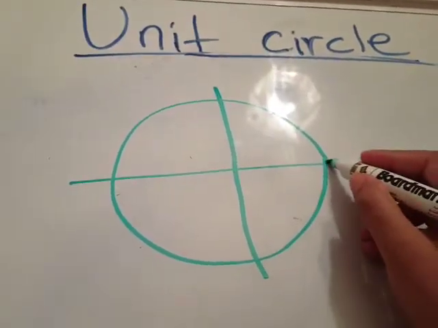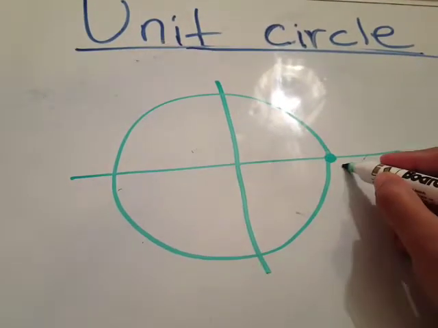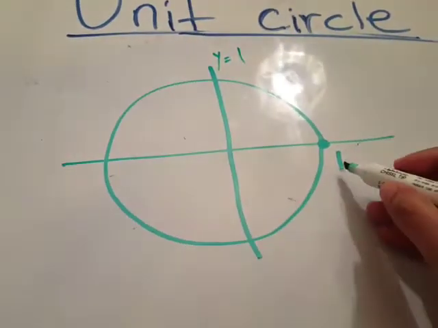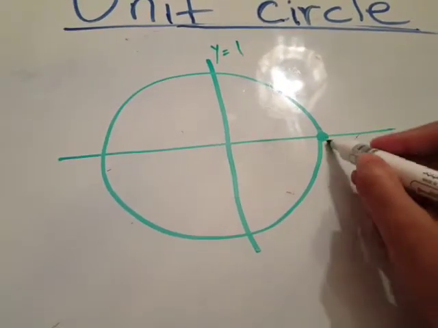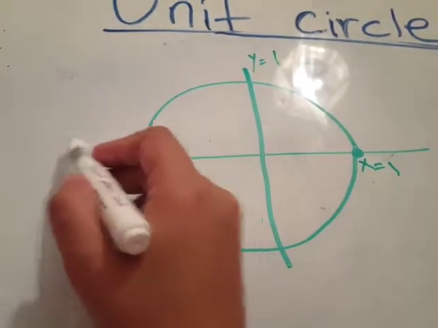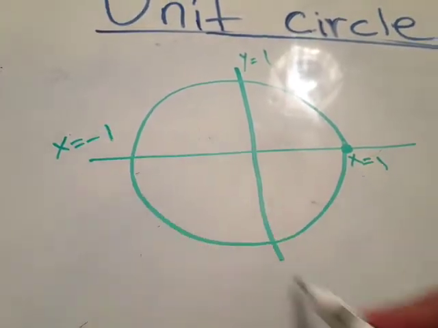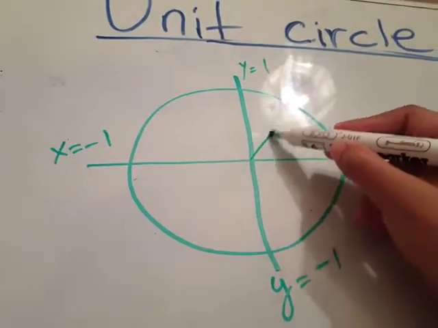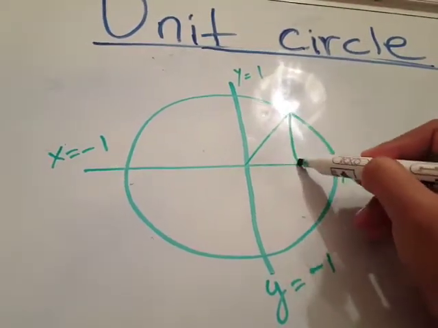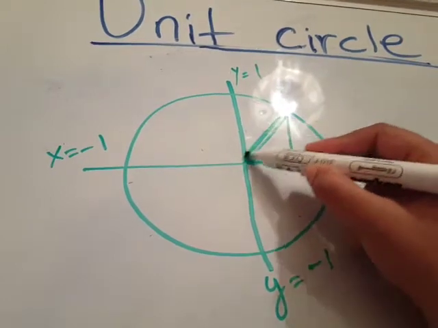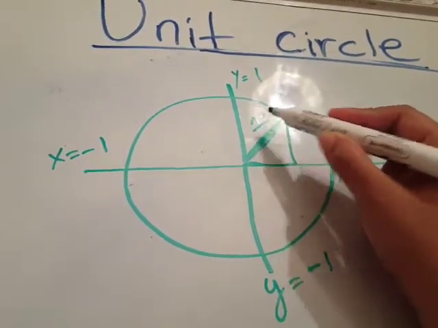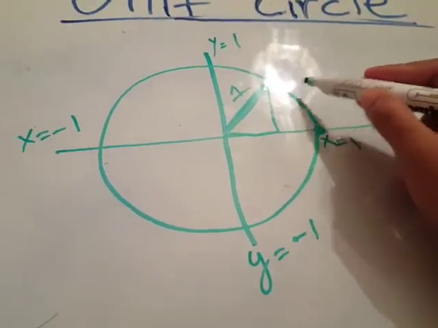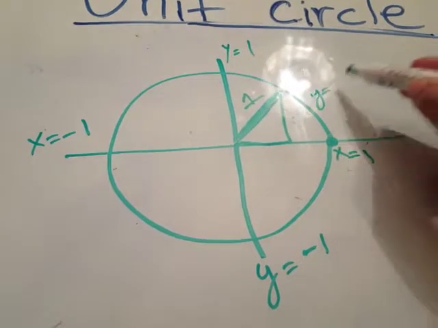right? So we said that, okay, here my x is 1, right? Here my y is 1. Here my x is -1, and here my y is -1. As we know that here, if I make a triangle over here, this part is 1 since I have a unit circle, so this radius is 1. So my y-axis, I call this y is actually